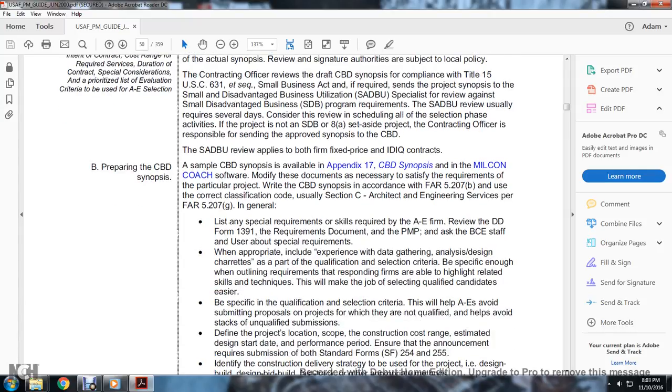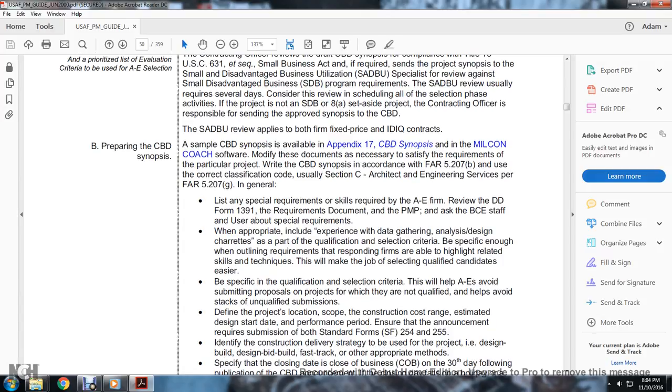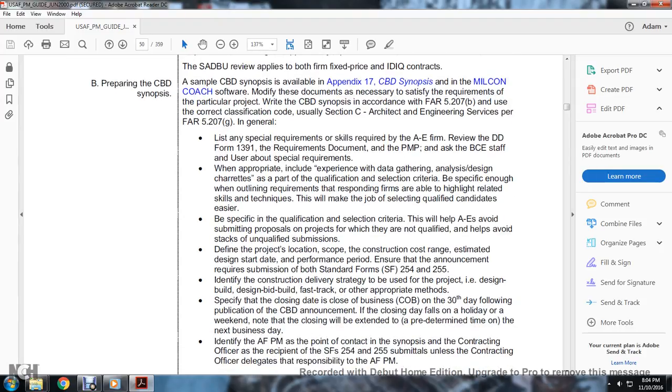5.207(g). In general, list any of the specific requirements and specific skills required by the A&E firm. Review the Department of Defense Form 1391, the requirement documentation, and the program management plan. Ask the base civil engineering staff and use special requirements when appropriate, including the exemption of data gathering and analysis, as parts of the qualification selection criteria. Be significant enough for the outlying requirements for firms, and highlight related skills and techniques that may be needed for the job, selecting qualified candidates. Be specific in qualification selection criteria so that A&E firms avoid the submittal process on projects where they are not qualified, which helps the provider avoid unqualified submissions. Define the project location, scope of the construction, cost range,